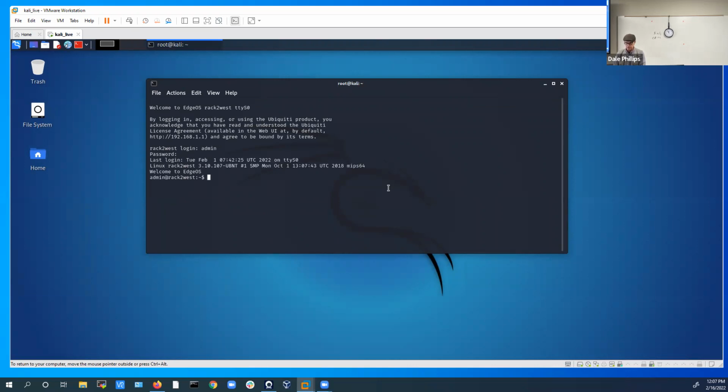This is a project I've been working on and I haven't gotten very far on it. But basically, before I type in the word configure, I actually have a Unix box now. I can actually do stuff in the world of Unix using my EdgeRouter. So if I happen to know, oh, it's a MIPS, I can load some of the Kali tools onto my router